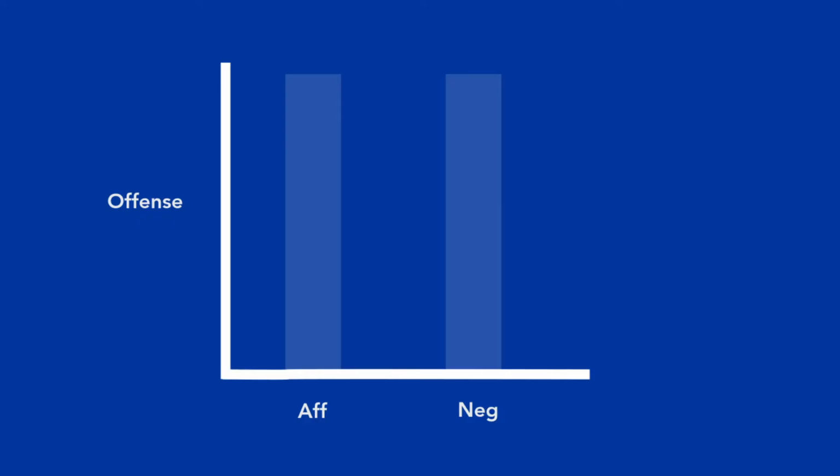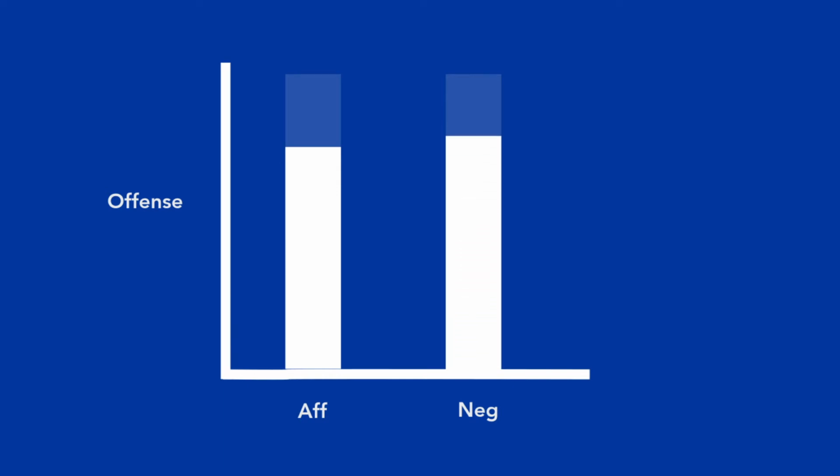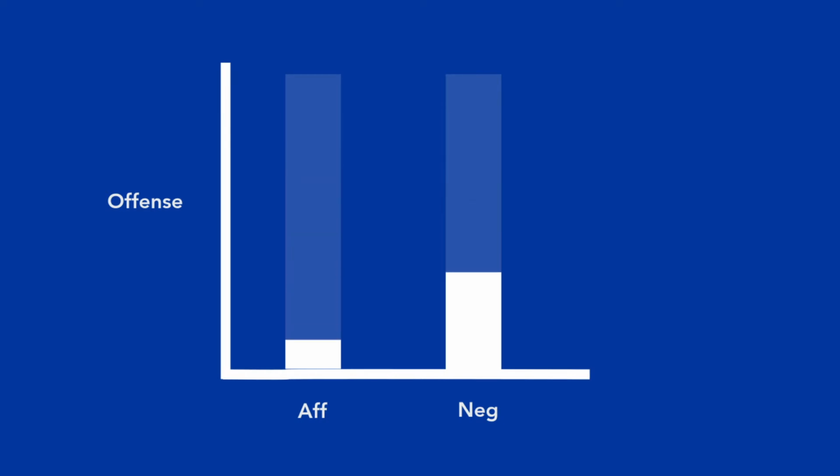Here's another way to think about it. After the 1EC, the affirmative has presented only reasons why the plan is a good idea. The negative has to tilt the balance of offense in their favor. They can do this by presenting offense that is more significant than the affirmative's, or they can present offense that is initially not as large, but mitigate and reduce the affirmative's offense by arguing the affirmative's claims are false, or